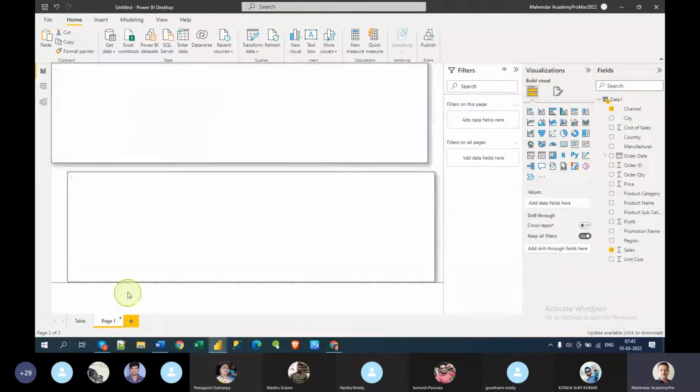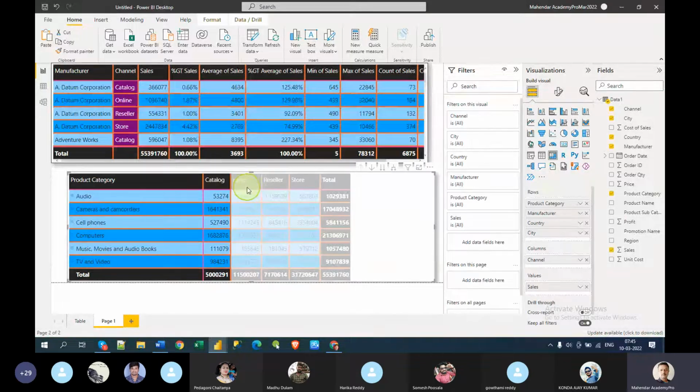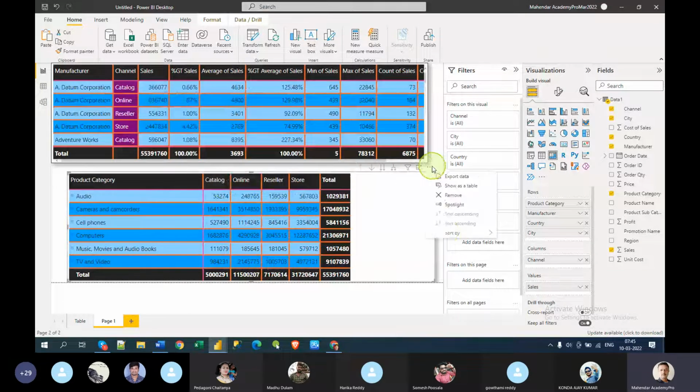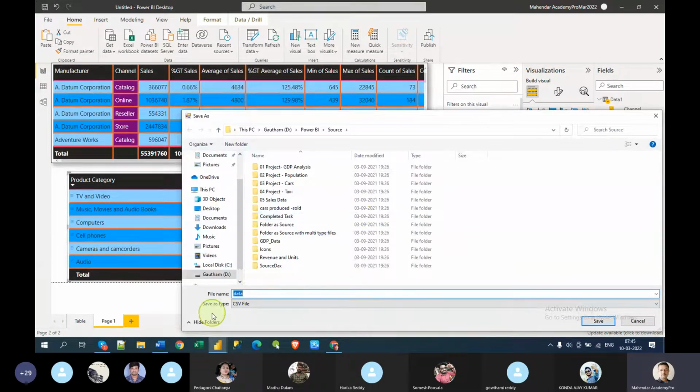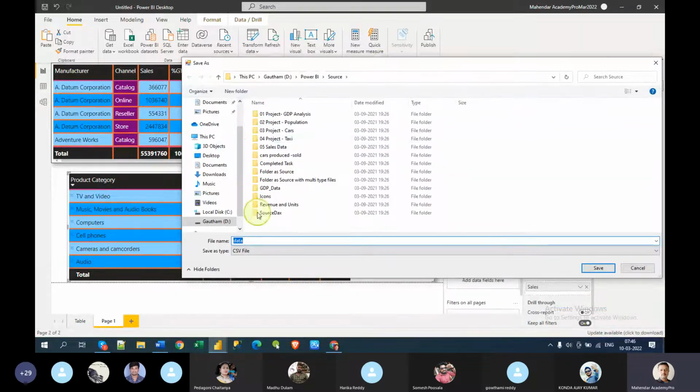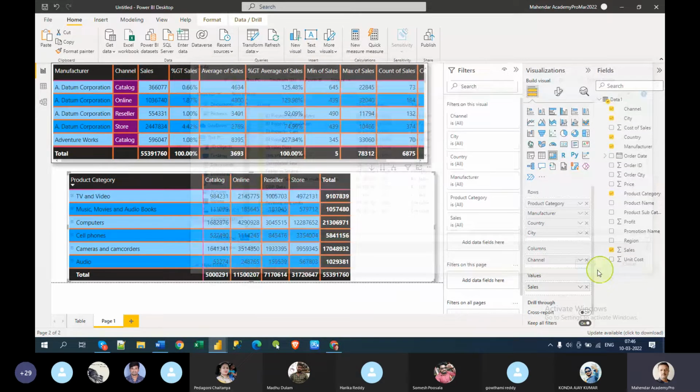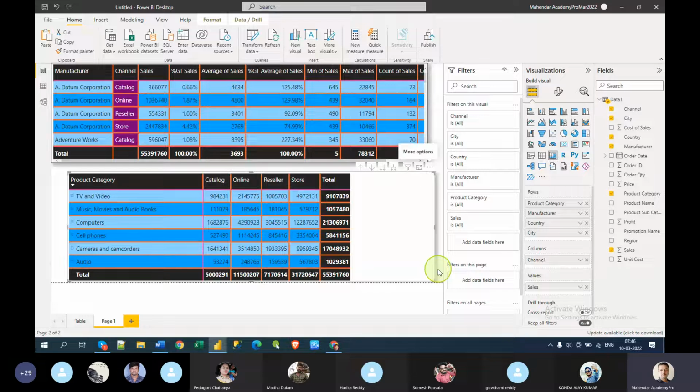Same way, you can do the same thing in the manufacturer. If you go there, you will see here, sort by product category. Now you see how it sorted ascending or descending, right? So show as a table, export data, everything is possible. Your admin can control what kind of data you are trying to export. It's a CSV format, but whether it's exporting the summary data or detailed data, you can control. But what you need to understand is you can export the data as well.